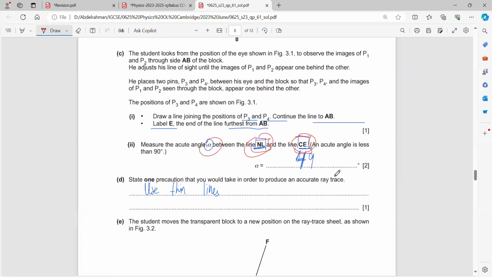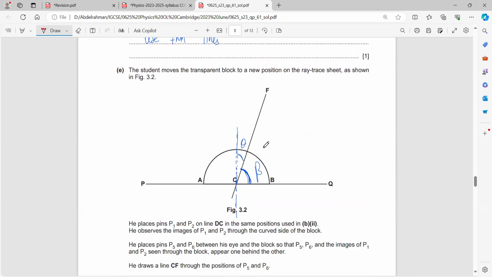The angle was 49. Oh, one precaution: you have to use thin lines. Again, you can draw the